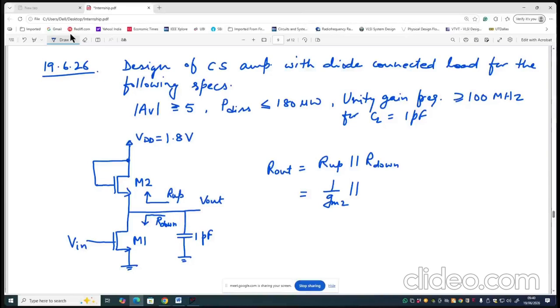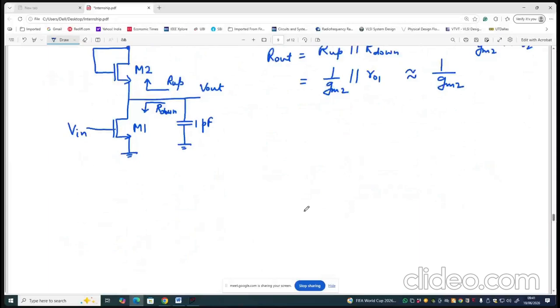R down is nothing but the resistance looking into the drain of MOSFET M1, and you see ro1 here, and which is actually approximated as 1 upon gm2, because this is under the assumption that 1 upon gm2 is very less than ro2. We will verify it, right? So once we have got the expression for R out, we can write gain